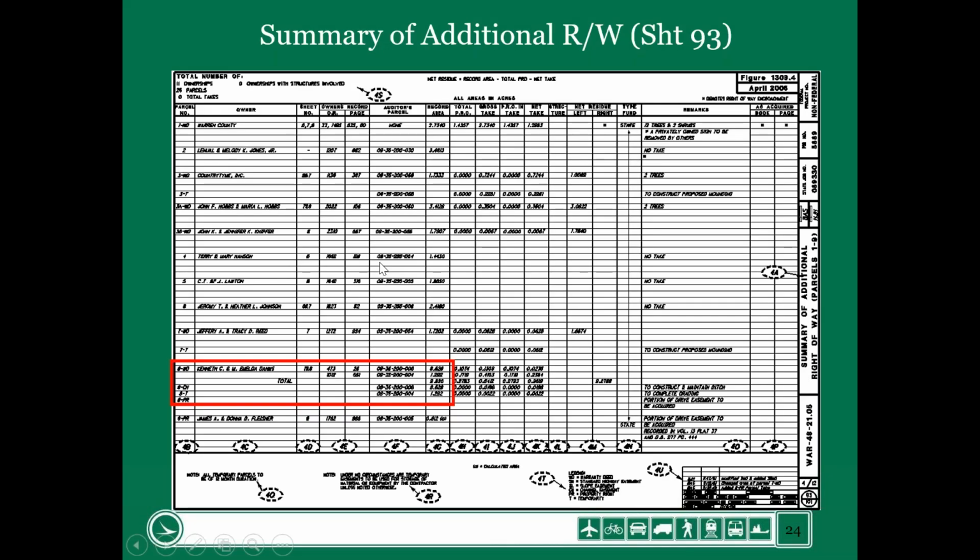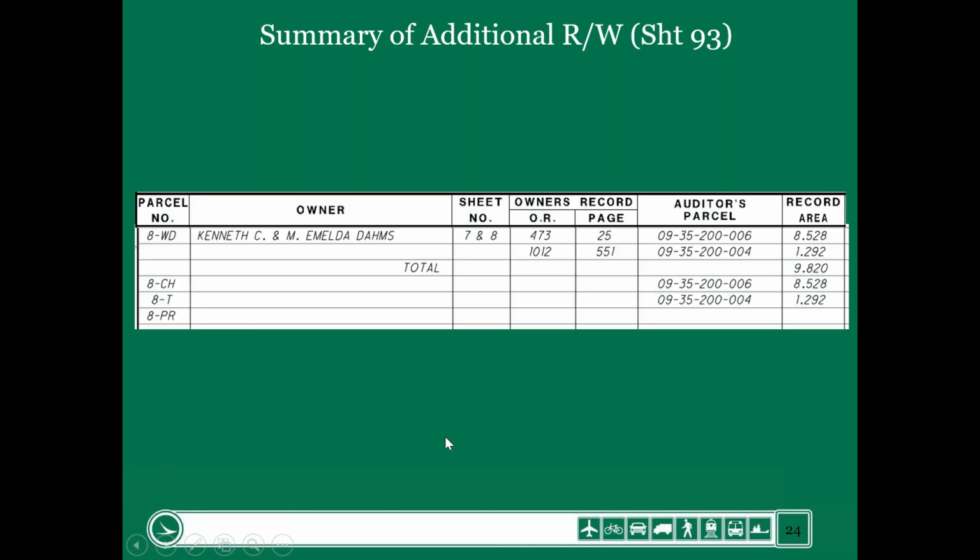So we're going to focus on the summary sheet, which is on sheet 93. For those of you that weren't on maybe Monday or on Tuesday, at the top, I identify which sheet numbers we're on. So if you happen to have the plans in front of you, you can take a look at them. But we're going to zoom in. You don't have to, just follow along with the slides.